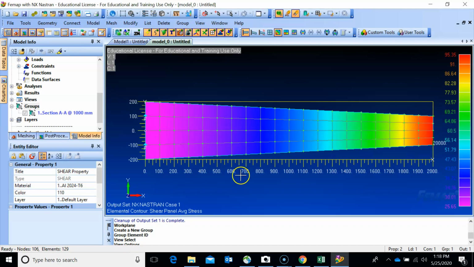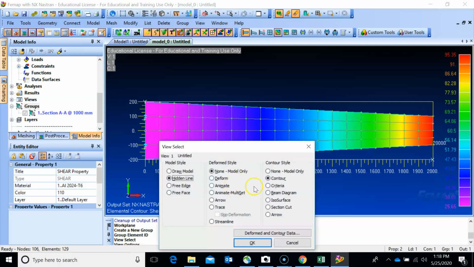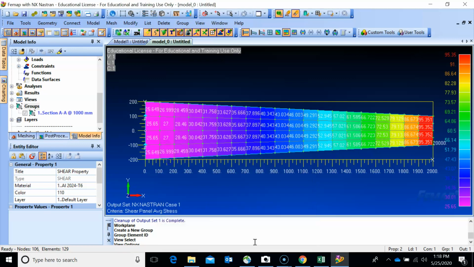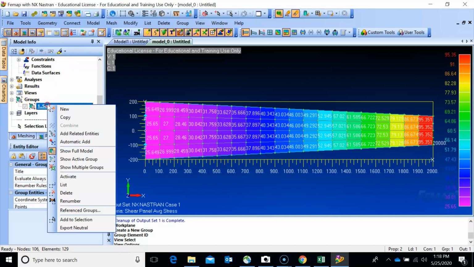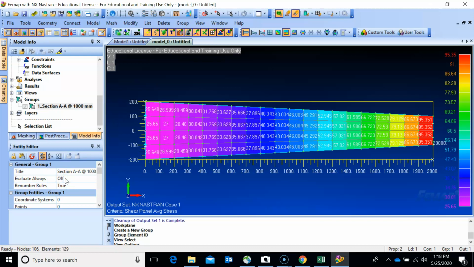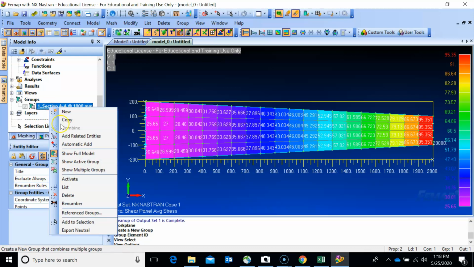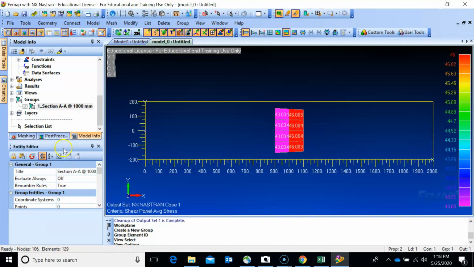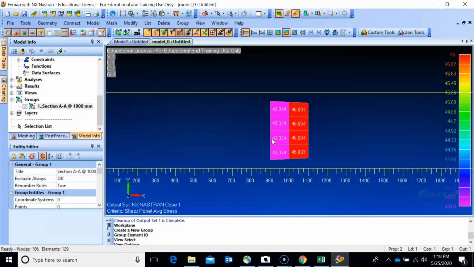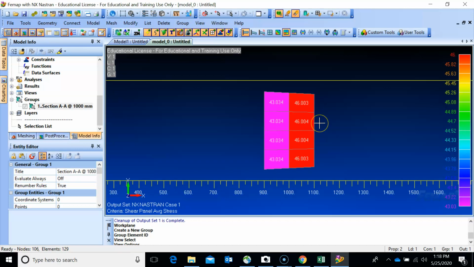And let's do F5. Criteria, okay. So let's go here on groups, active group, show active group, and we have this one. You see that is constant between 43 and 46,